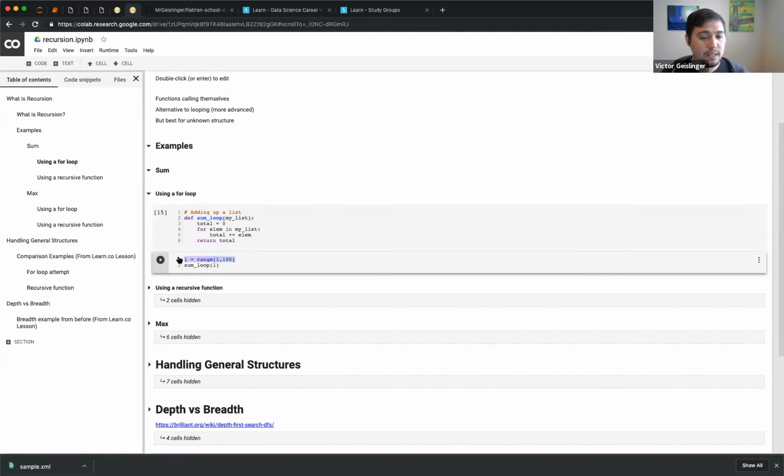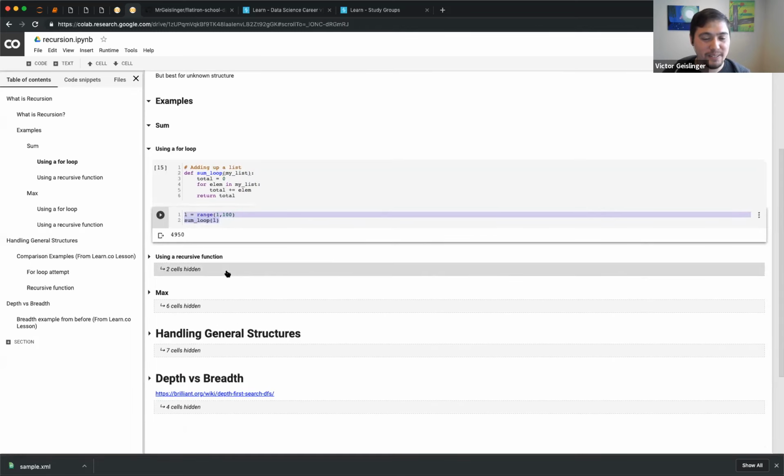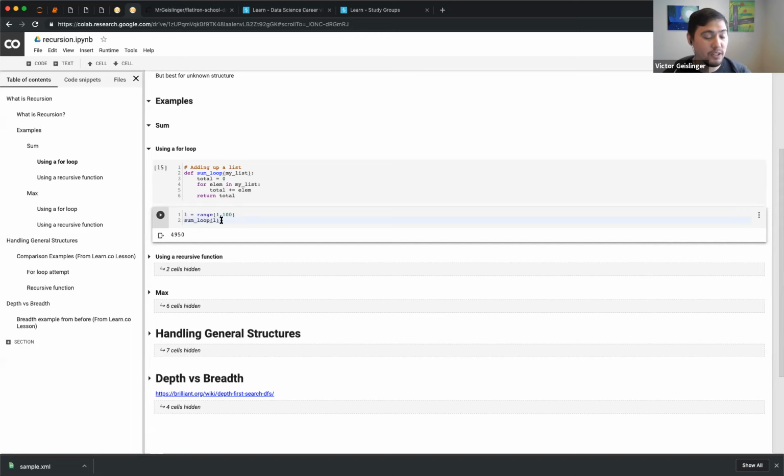In this case, I made a list of 100 numbers. Does anyone know what 1 plus 2 plus 3 plus all the way through 100 is? That's 4,950. You could do the trick where you add the first one and the last one and then divide by 2 or something. I don't remember exactly how to do it. I used to. Some famous person, I want to say it's Gauss, figured out how to do that, the story goes. But anyway, you could very quickly do this.